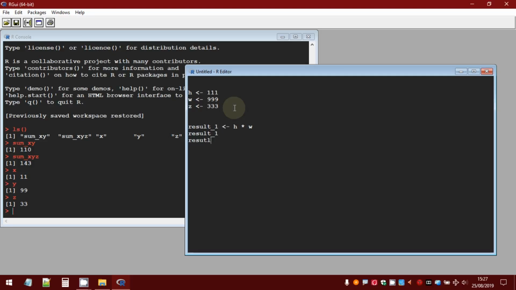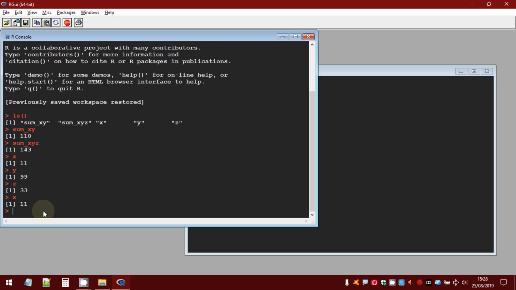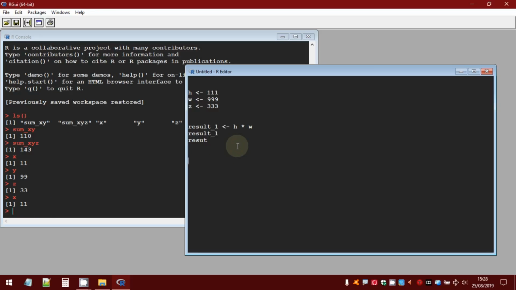As you can see in this R Editor window, when you press enter, you cannot see the result of the variable. For example, here I type x, then press enter, and I can see the content of x. But here, if I type x and then press enter, I don't have the result because this is not the R console window.